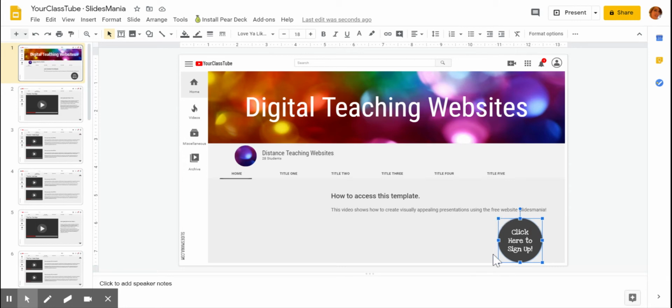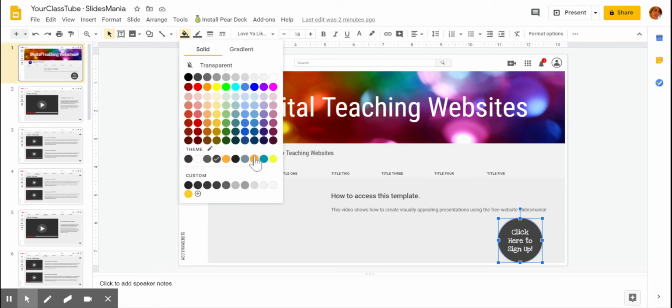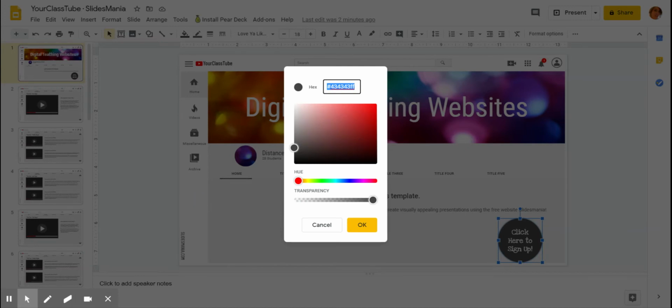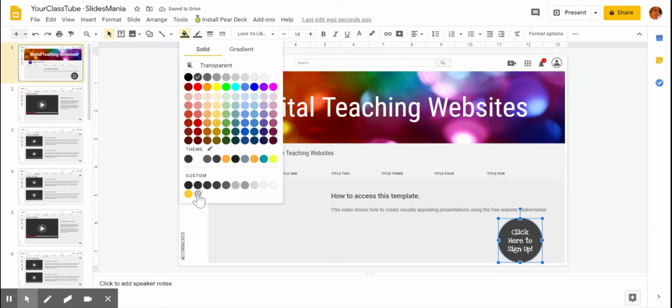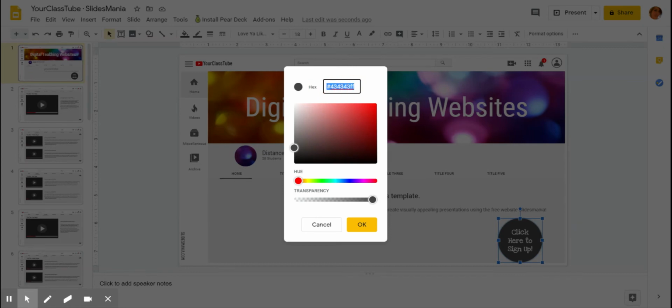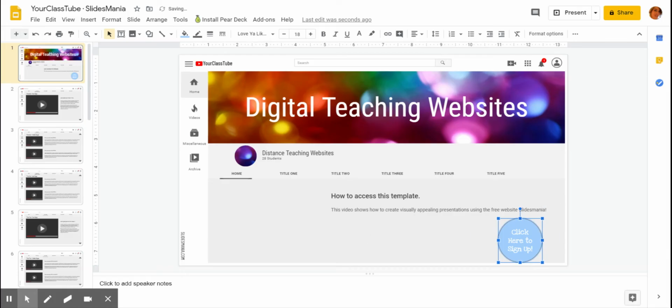Then I'm going to select the shape. I'm going to go up here, and I'm going to copy the first code. The first code is usually the code that you use for PowerPoints. And I'm going to click on the shape again, go to the paint bucket, and put in the color code. I'm going to do the plus sign, put in the code of what color I want, and it should fill in that color. So plus sign, put in the code, click enter, and then click OK, and it'll fill in that